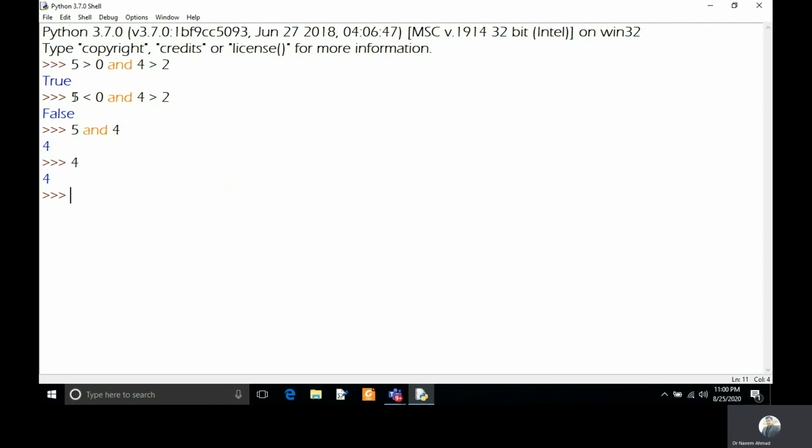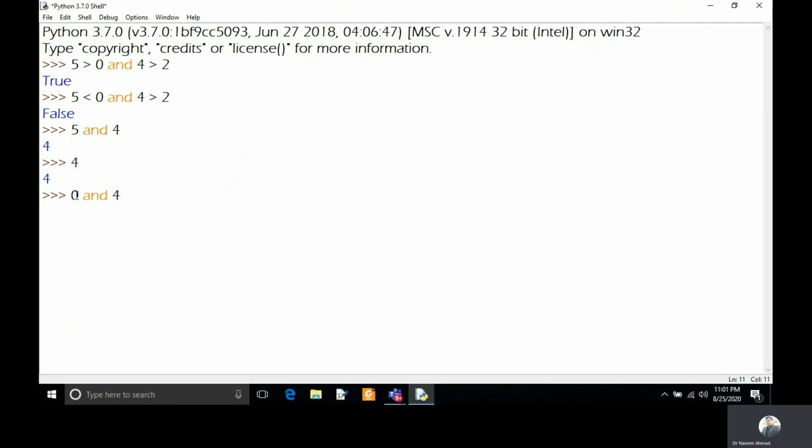Now I will write 0 first and I will show it will not return 4 here. It returned 4 because 5 was true. That's why it jumped to the next statement, which is 4. 4 is not a conditional statement, so it found that it is not a conditional statement and it is just printing the value of 4. As I told you, it is treating it as if you had typed a 4 and it is returning 4.